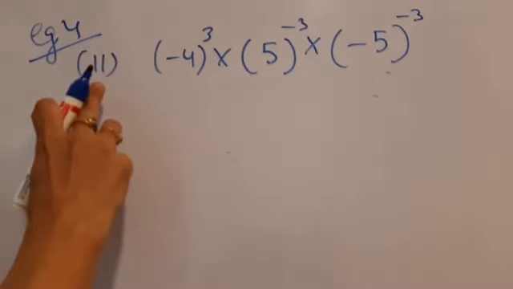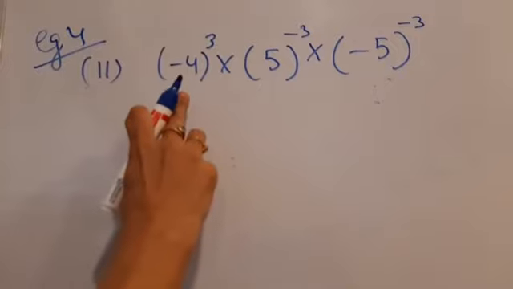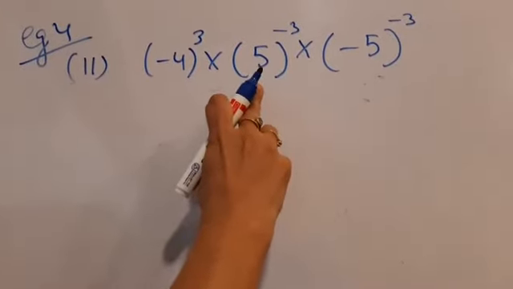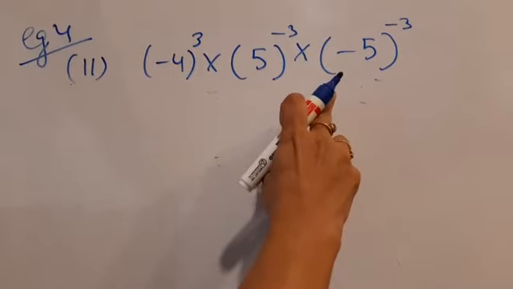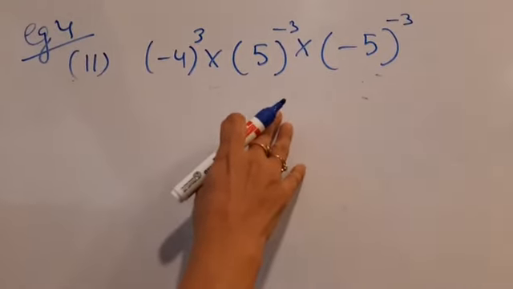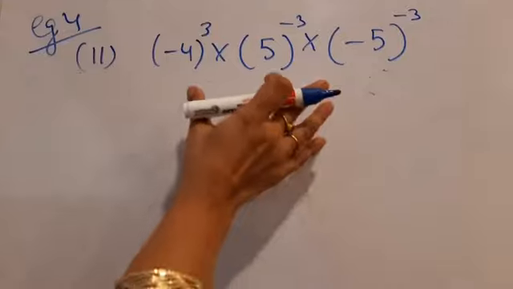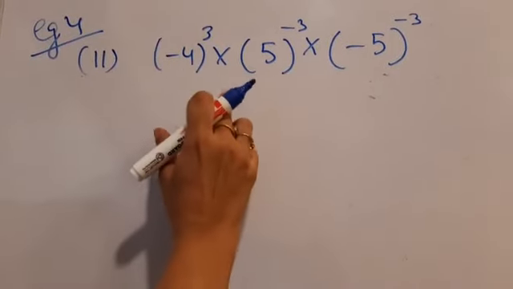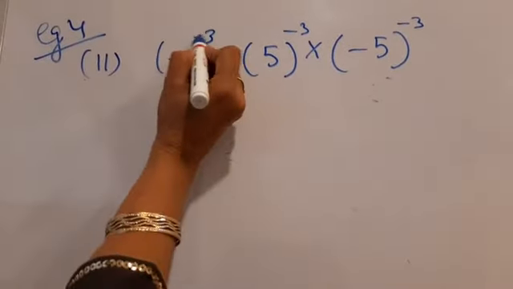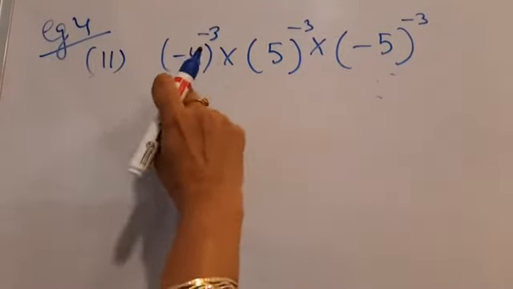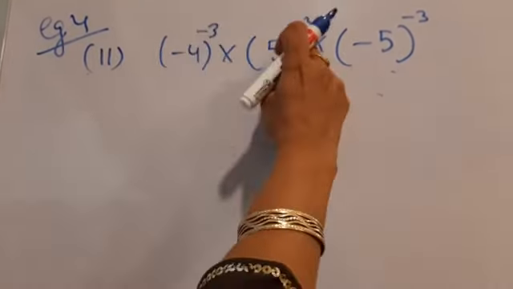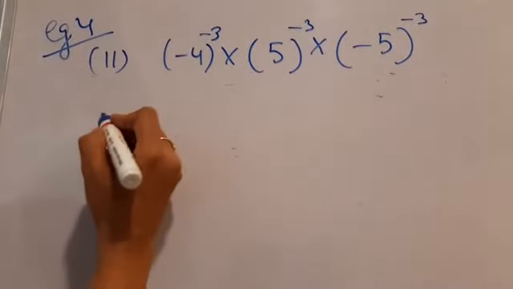Now example 4 second part: minus 4 raised to power minus 3, times 5 raised to power minus 3, times minus 5 raised to power minus 3. We have to simplify it and give the answer in exponential form. Now you are observing here that the power is given as minus 3. The powers of all the bases are same: minus 3, minus 3, minus 3. So we will